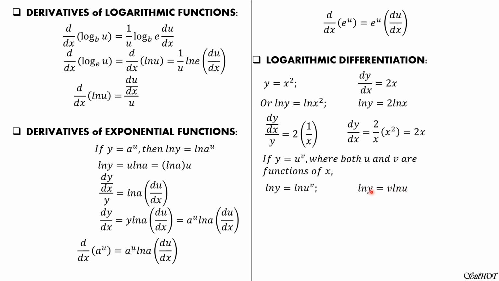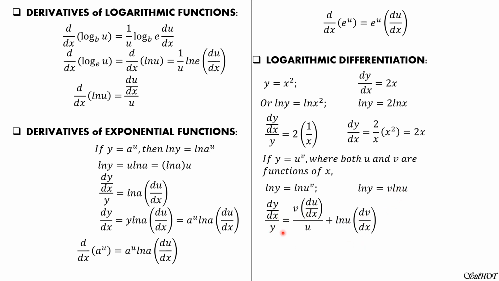So the derivative of ln of y is dy dx over y, and we have the derivative of a product, which is: first, v, the derivative of ln of u, which is du dx over u, plus second, ln of u, the derivative of v, dv dx. So dy dx over y equals v du dx over u plus ln of u, second, the derivative of v, of course, dv dx.